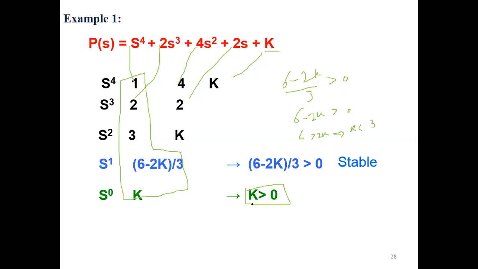K should be greater than 0 and k should be less than 3. That means the range of stability for k for this polynomial is the value of k from 0